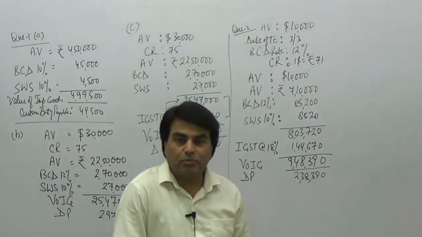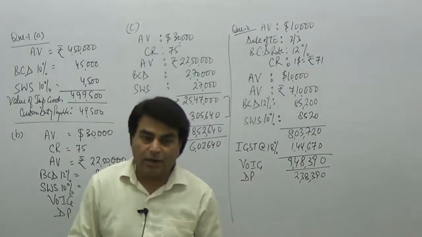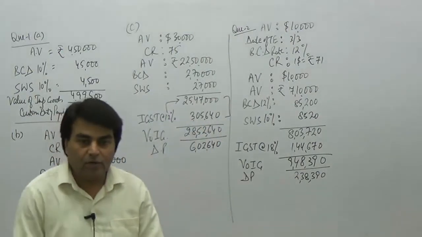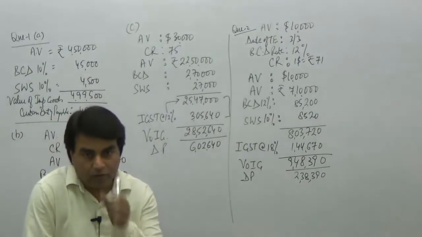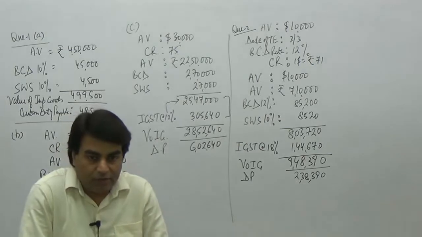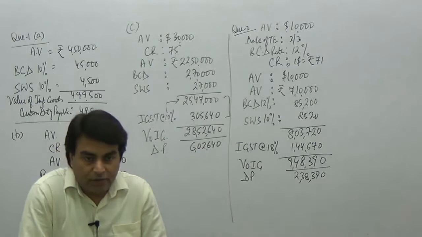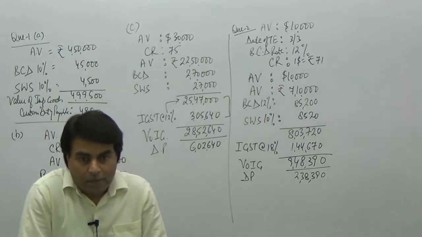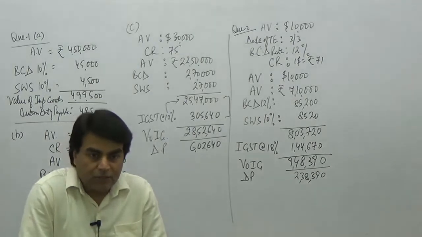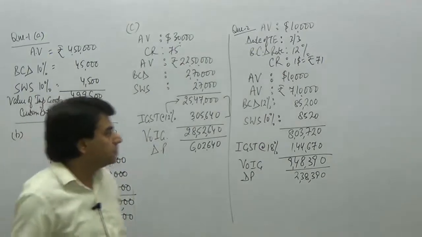I am taking now question number 4. Question number 4 is, a car rental company imported an Audi car for the purpose of providing output services by way of renting it to its clients. The cost / assessable value of the car is 40 lakhs. The rate of BCD and IGST is 10% and 28% respectively. Compensation cess is 20%. Compute duty payable and total cost of the car to the company.